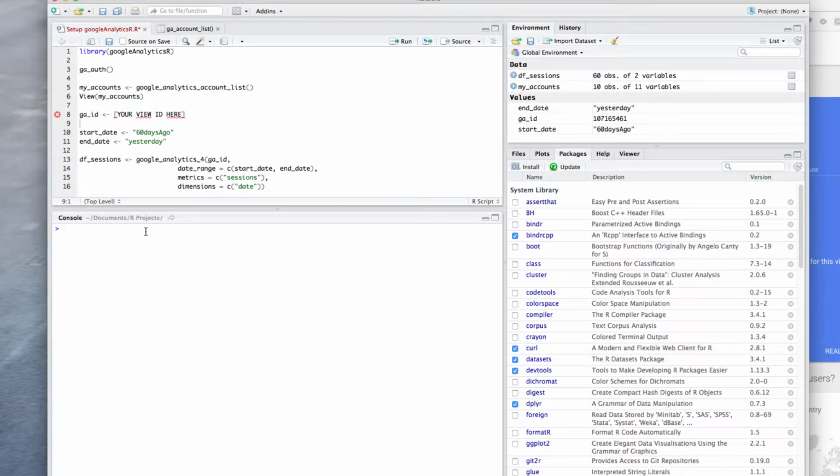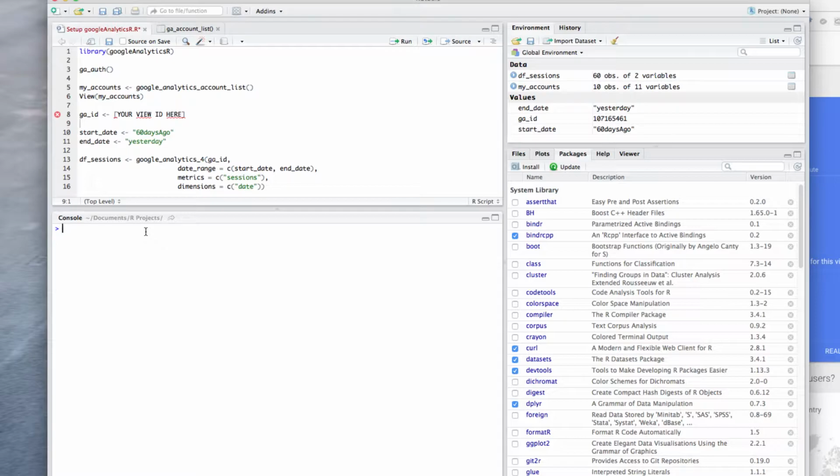Now, of course, you could go into the Google Analytics user interface and export something into Excel and then upload it, but that would take a lot longer, and you wouldn't have the flexibility that you have using the Google Analytics API. It's really very straightforward and simple. And in this video, I'm just going to get you up and running, and later on, in subsequent videos, we can talk about